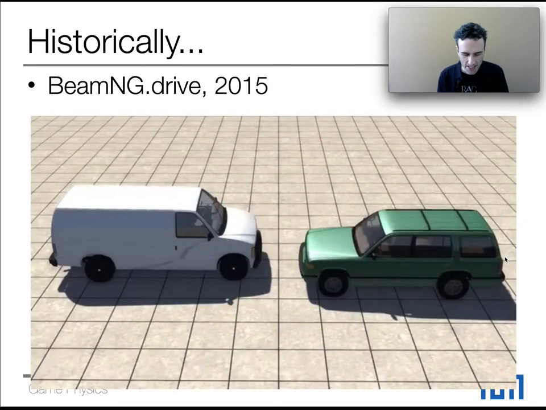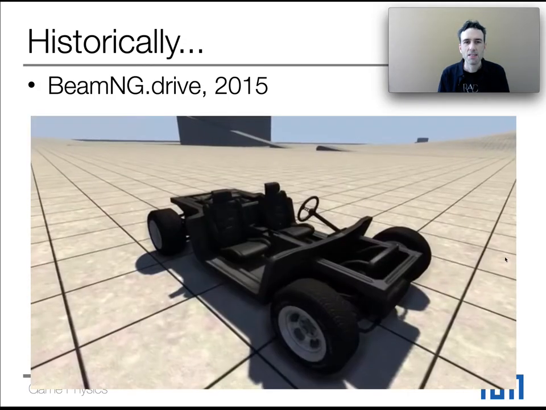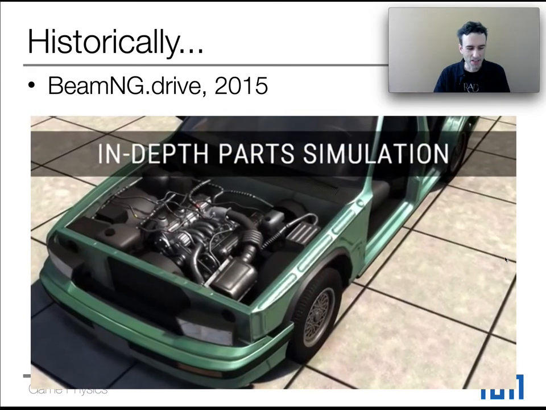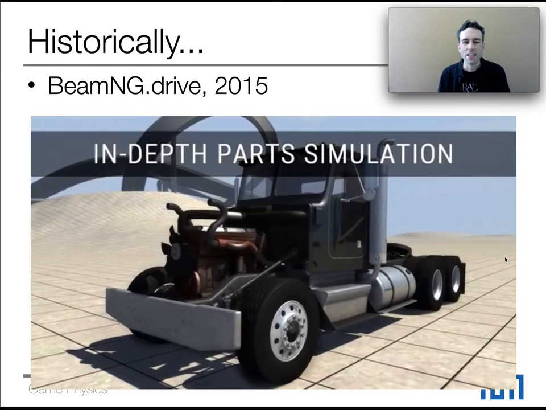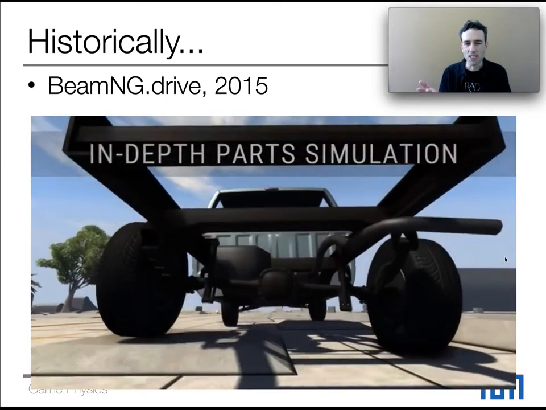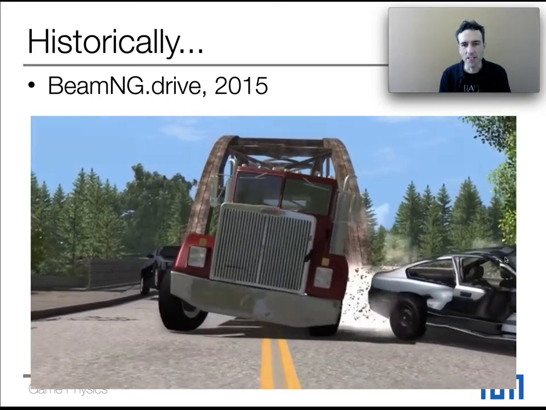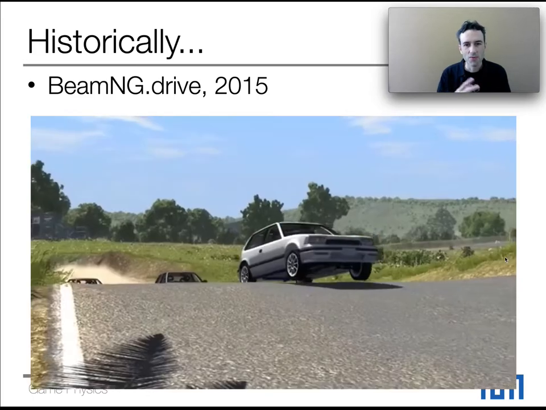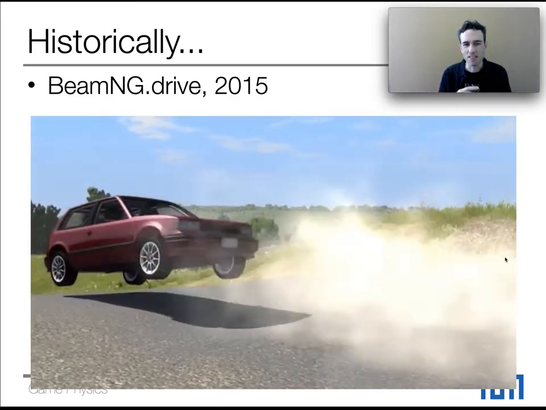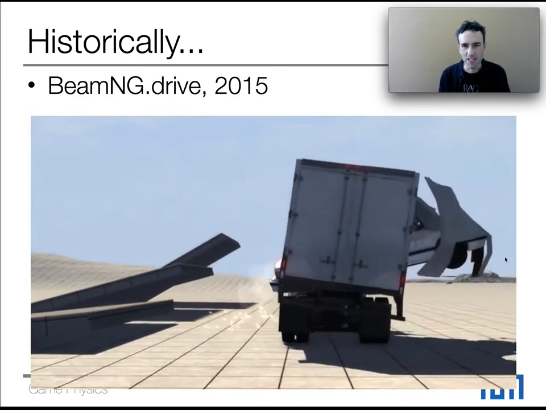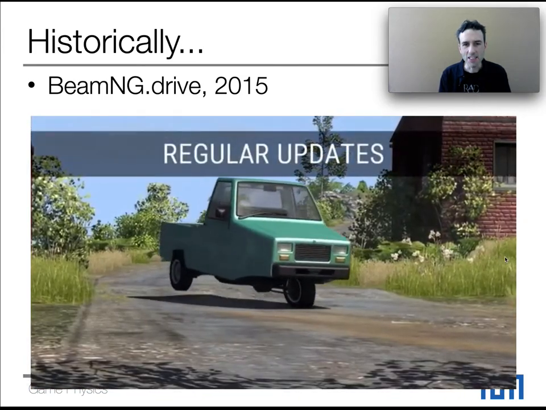Yeah, back to cars. This is now a nice example. This is actually, I think, more of an engine. But now in 2015, I've mentioned Gran Turismo before. As far as I know, this is the first engine that actually allows for real car damage and deformations of the hulls of cars, as you can see here.